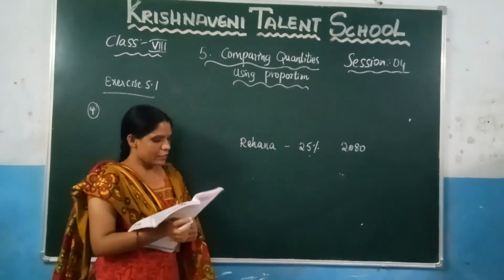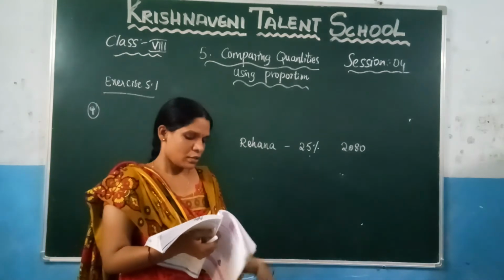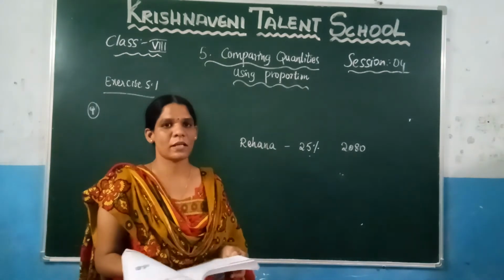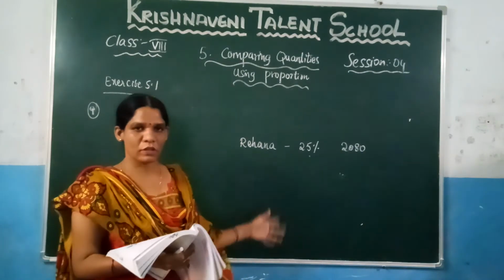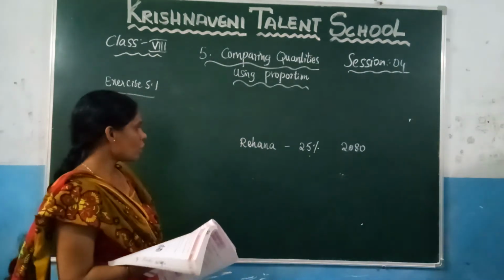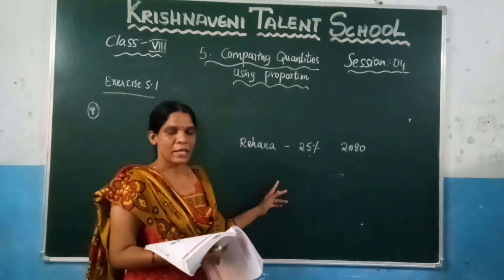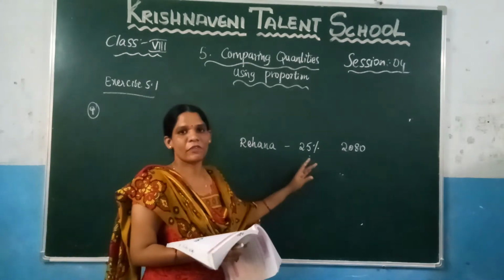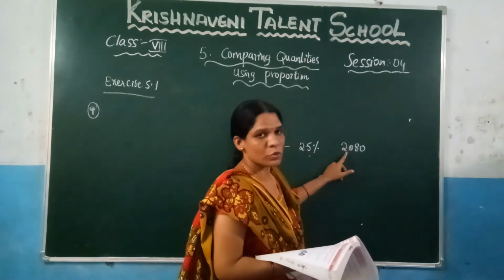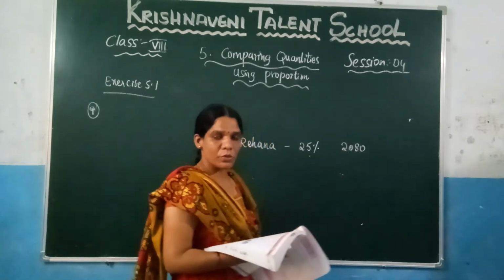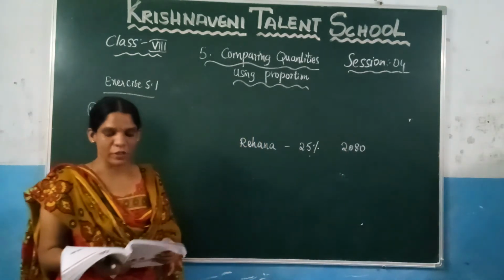So here in the question Rajendra is given, but if you read the question, there is no information about him. So just for confusion they have given it here. Only for Rehana we need to find it. What they are saying here is that he has some business and he is earning 25% every month, so that he is getting a profit of 2080 every month. Now you need to calculate the total profit. How do you calculate the total profit in that month?